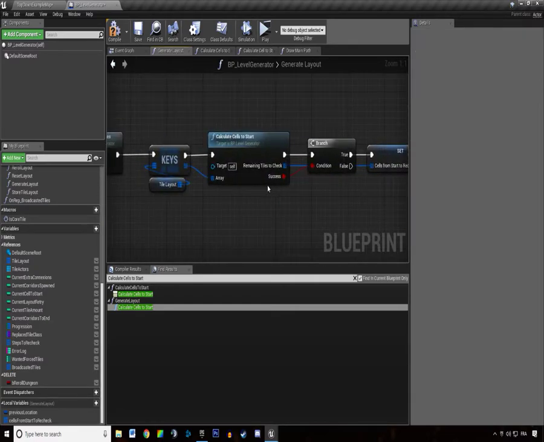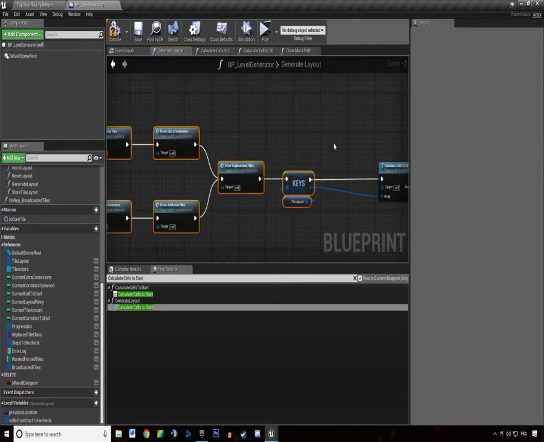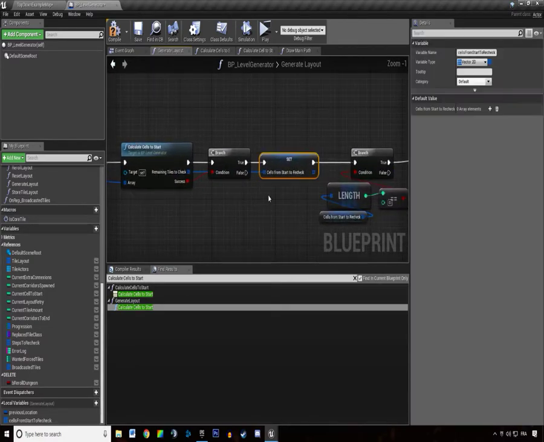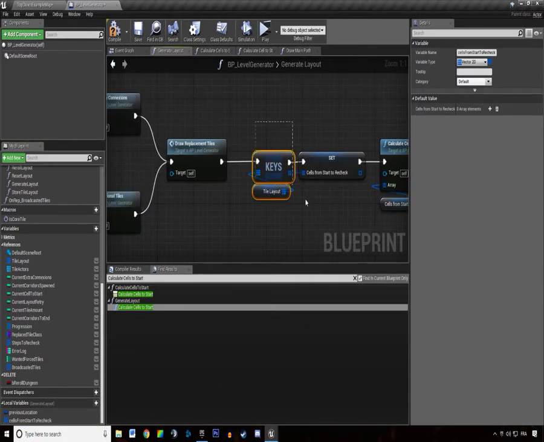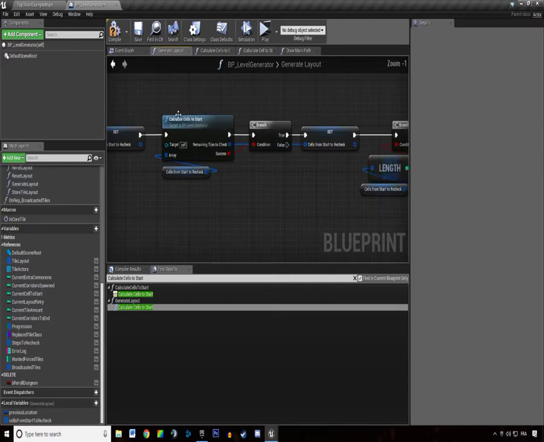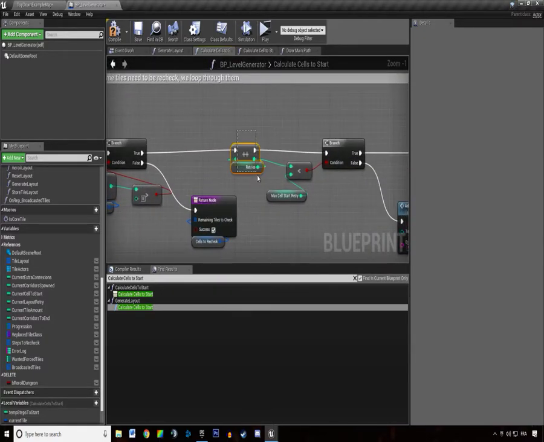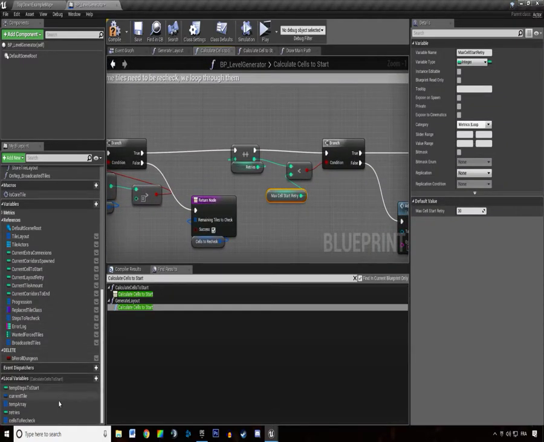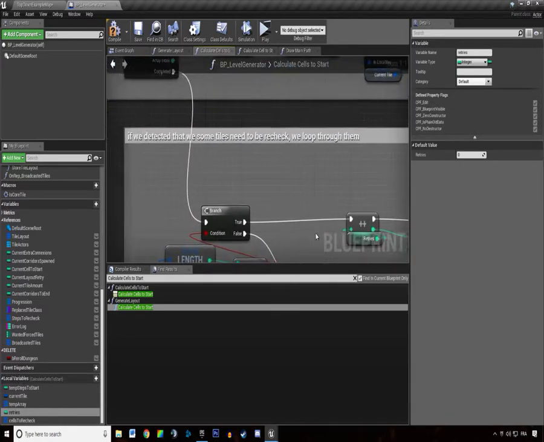But if we don't, first we're going to promote that and use this, but we are going to use the getter because we are actually going to loop again. In here we are incrementing the number of retries we are taking, and this local variable